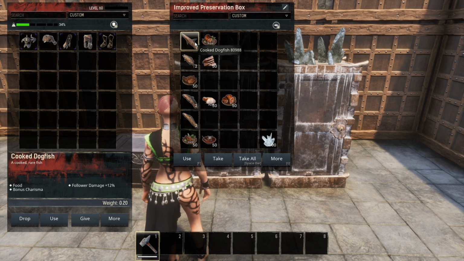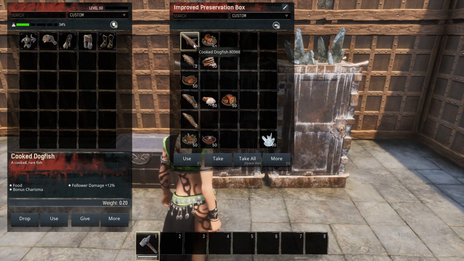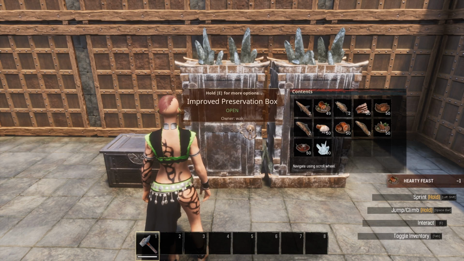So starting with the cooked dogfish and the hearty feast, both of these are going to increase your follower damage by 12%. The cooked dogfish is also going to give you bigger manhood if that's something you happen to need in your life. We're going to go ahead and eat one of the hearty feasts just so I can show you the